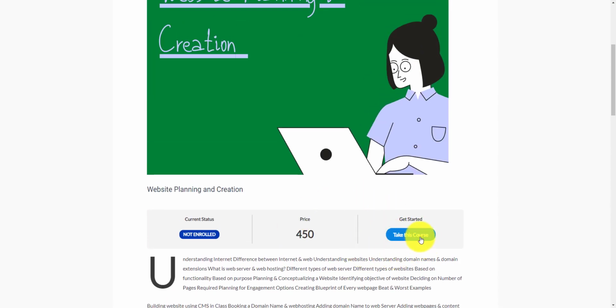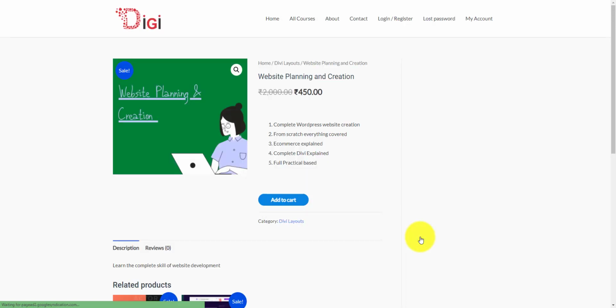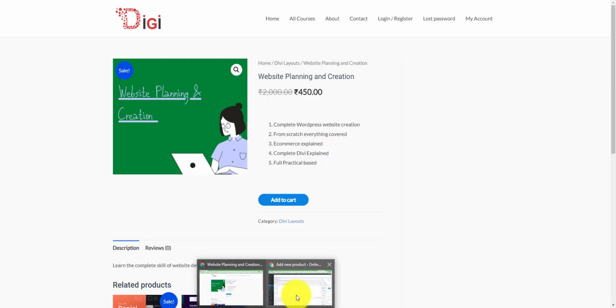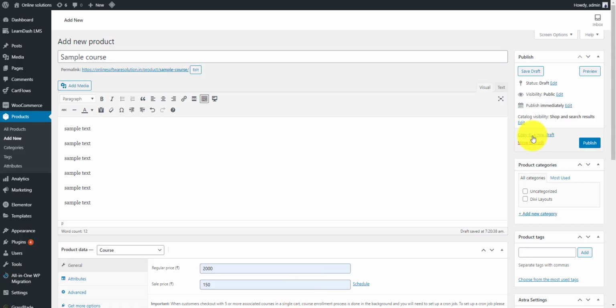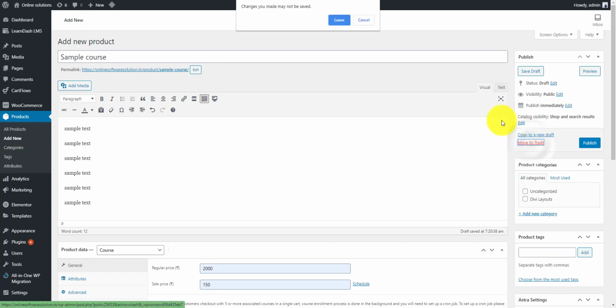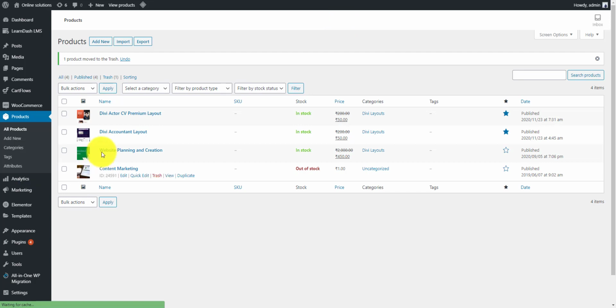Now suppose I want to take this course, I'll simply click on this take the course, and I am getting redirected here. Now this page where I am getting redirected has to be entered in the product page. When I was making the product page, I showed you one of the URLs that I had left blank. Now when we publish the course, let me pick one product I have actually built. Let me move this sample course into trash. So I have created the website one. Let me have a view.